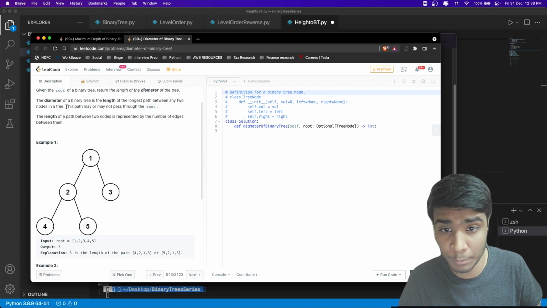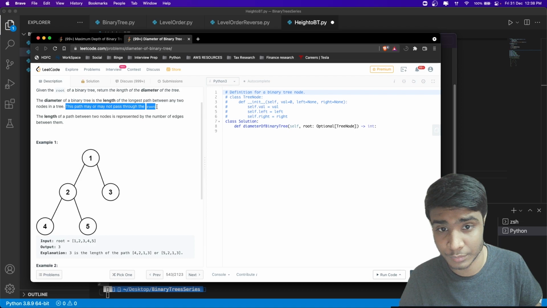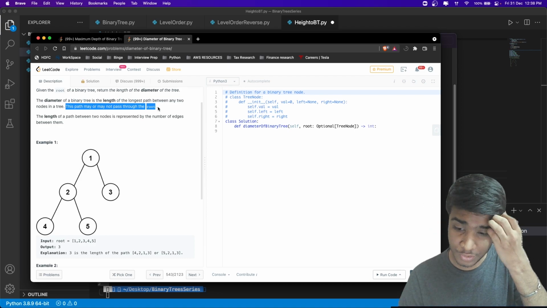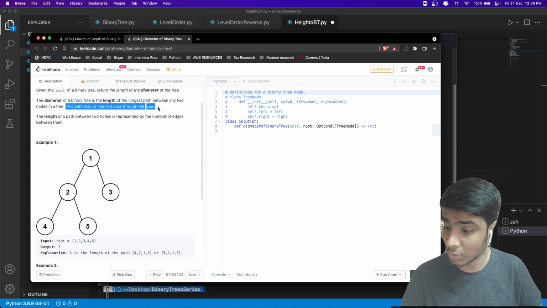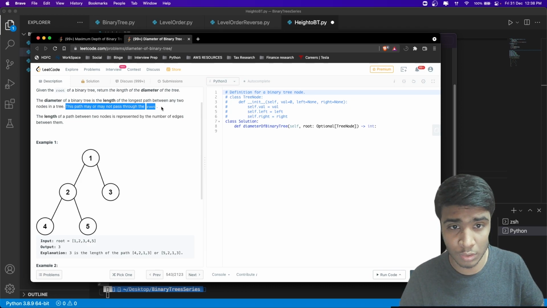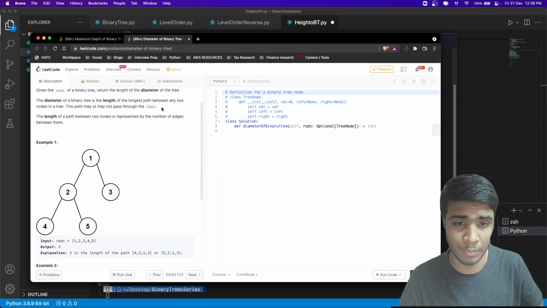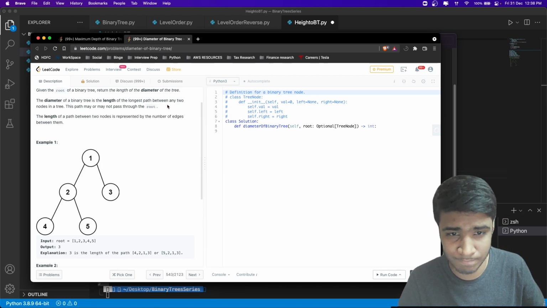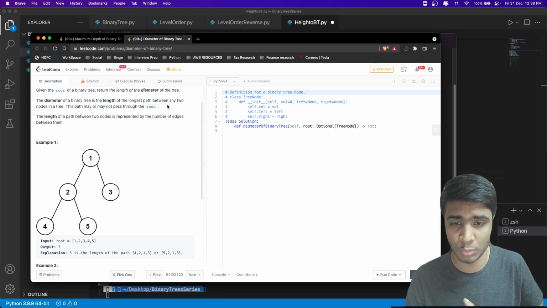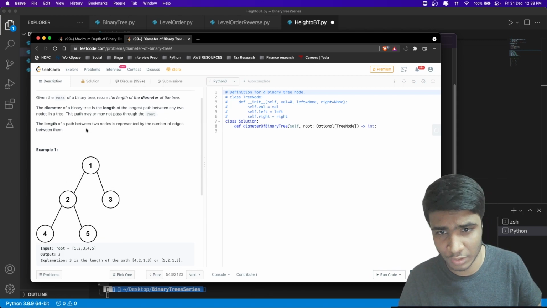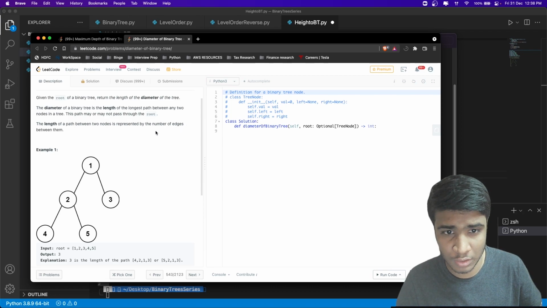So this is an important thing, guys. Each definition might vary. Some might say the diameter is the longest path between two nodes passing through the root, or somebody might ask without passing through the root. That's an easy fix, but you have to understand what each definition means, right? The length between any two nodes is represented by the number of edges.